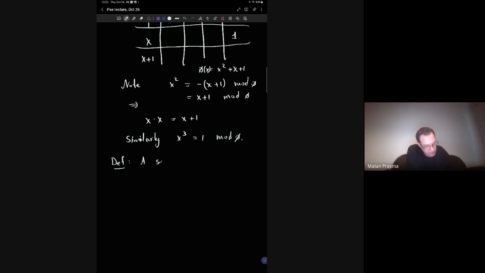So a ring is a set R with specified elements zero and one, and two binary operations,